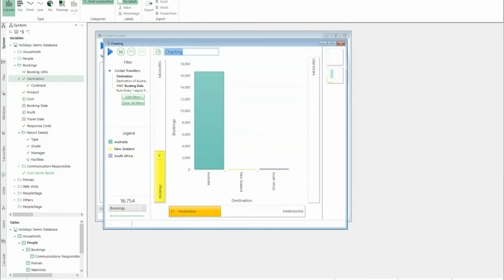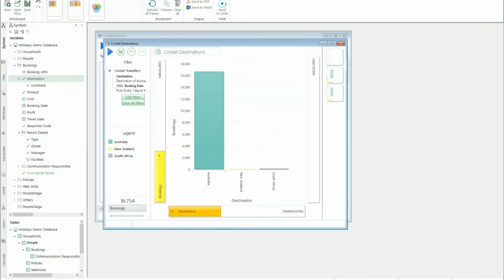So let's just give this a name. We'll call this cricket destinations, and I'm going to add this chart to a storyboard. Now, the storyboard is part of our data storytelling capability. So let's just drag the handle up onto the storyboard tab and drop it into the storyboard. Now you'll see quite clearly I already have some pages in my story, and that's to save time during the webinar, so you don't have to watch me type and analyze each of those things,